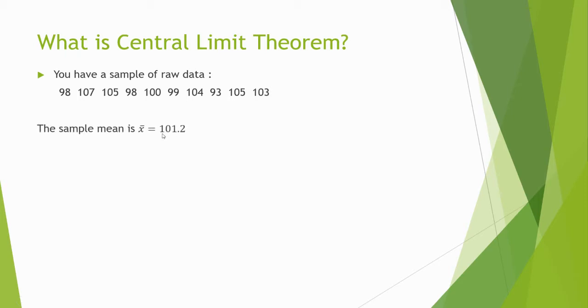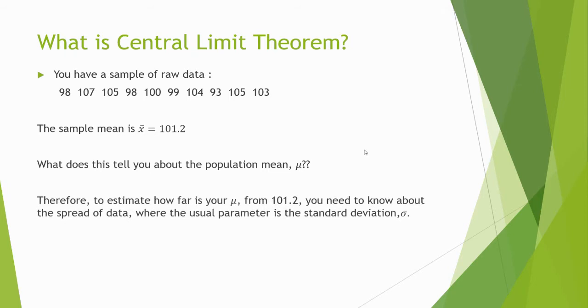Now I find the mean. How do I find the mean? It is the summation of the raw data divided by how many there are, n equals 10. Now I get 101.2. So what does this tell you about the population mean, mu? Mu is for your population, right? Therefore, to estimate how far your mu is from 101.2, which is your sample mean, you need